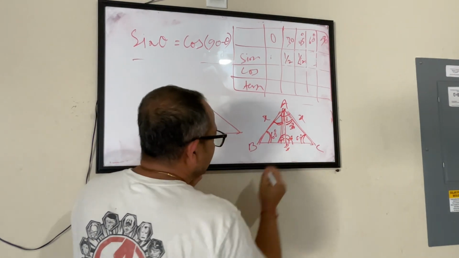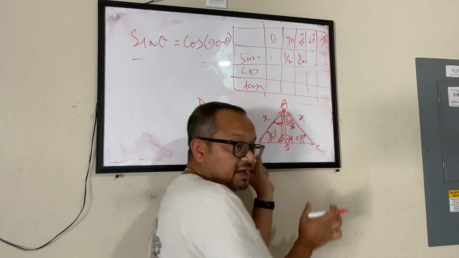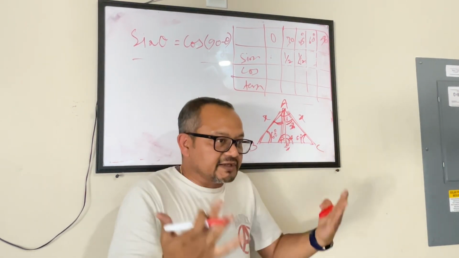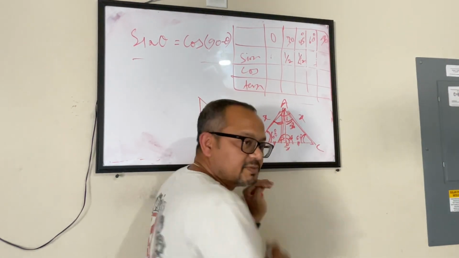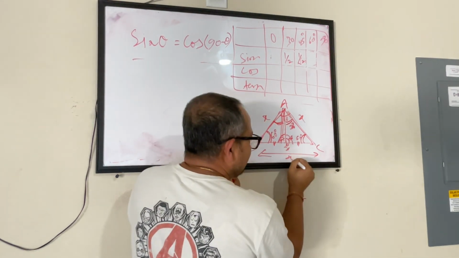So now let's look at this triangle. We found that this triangle and this triangle are congruent. What that means? Every property will match. The exact replica of each other, exact copy of each other. That means this side and this side will also be the same. So now if this side was x, this is